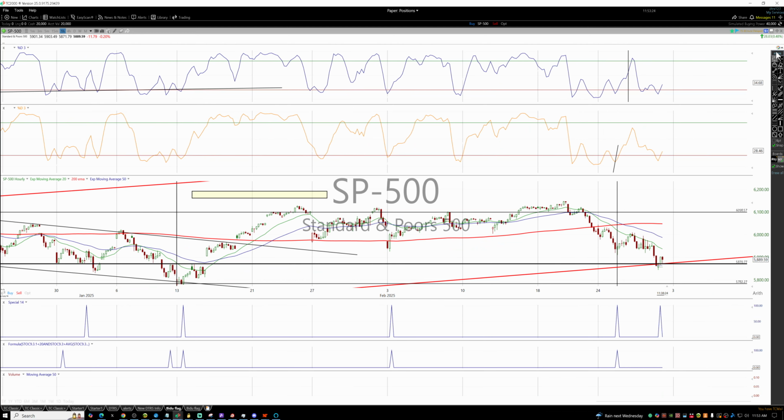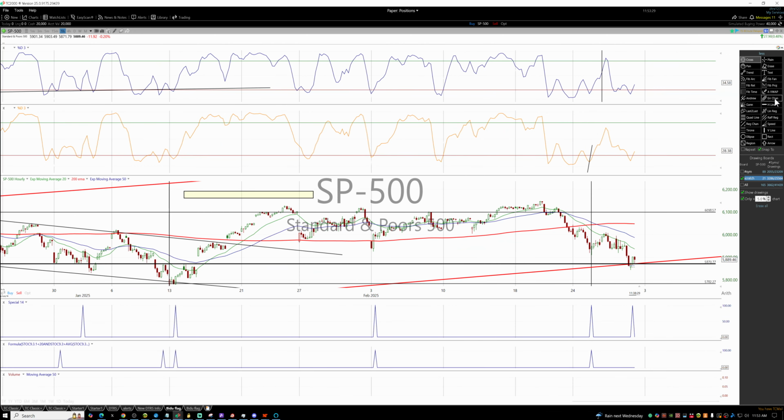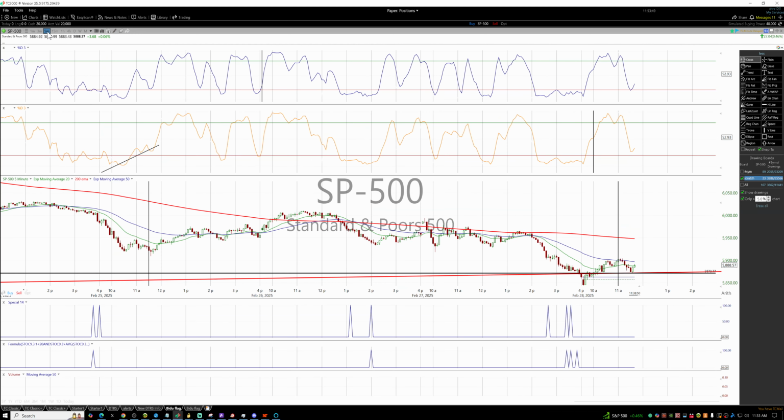So right now we actually have the 60 set up. So I'm going to put that line here. Basically, that just shows you the 60. Now it's not a divergence, but if it was, we'd count that as a divergence, and then add weight to the entry. But so right now we have a 60-minute and a daily oversold, and then we could go down to the next time frame, and we have the 5-minute. The 5-minute was just getting oversold, and we're actually on that trend line here. So everything was kind of lining up right here.